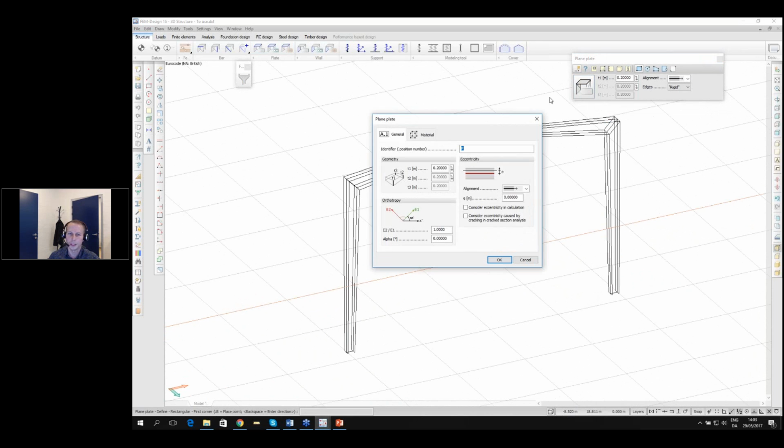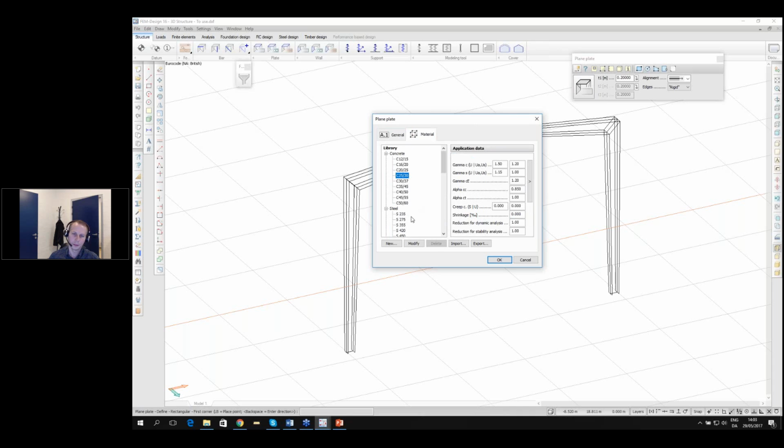I go to Default Settings and choose the material first. I'm going to do that. Just select steel material